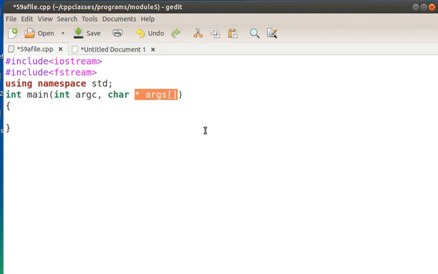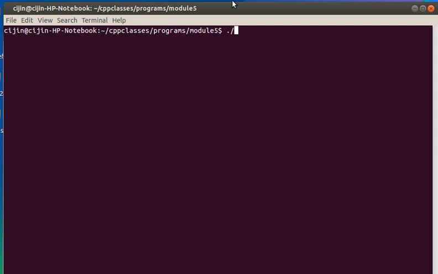Passing values through the command line means, this is the syntax: while executing the program we can pass arguments by giving strings separated by spaces. These are two arguments which are passed along with this command line. So while executing from the command line we can pass arguments. This is called command line arguments.